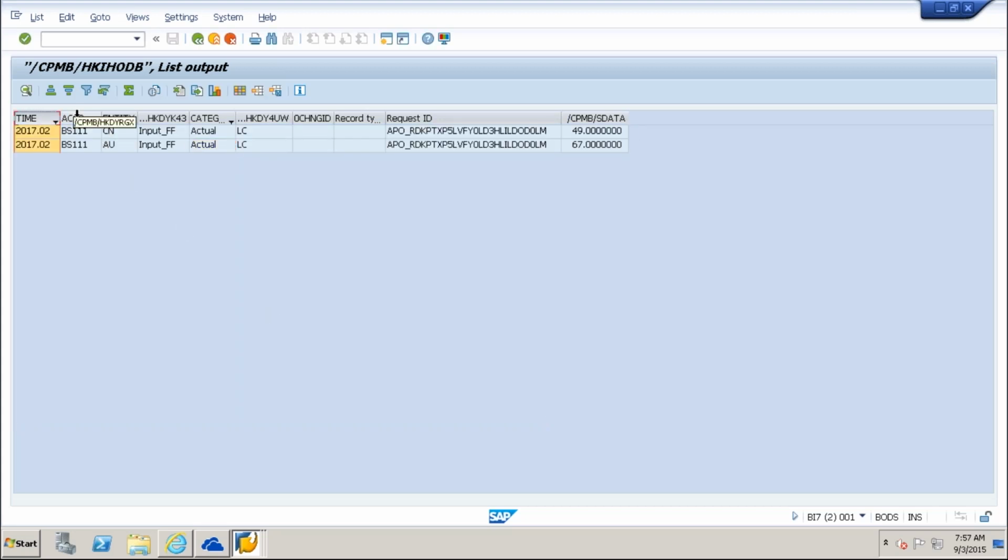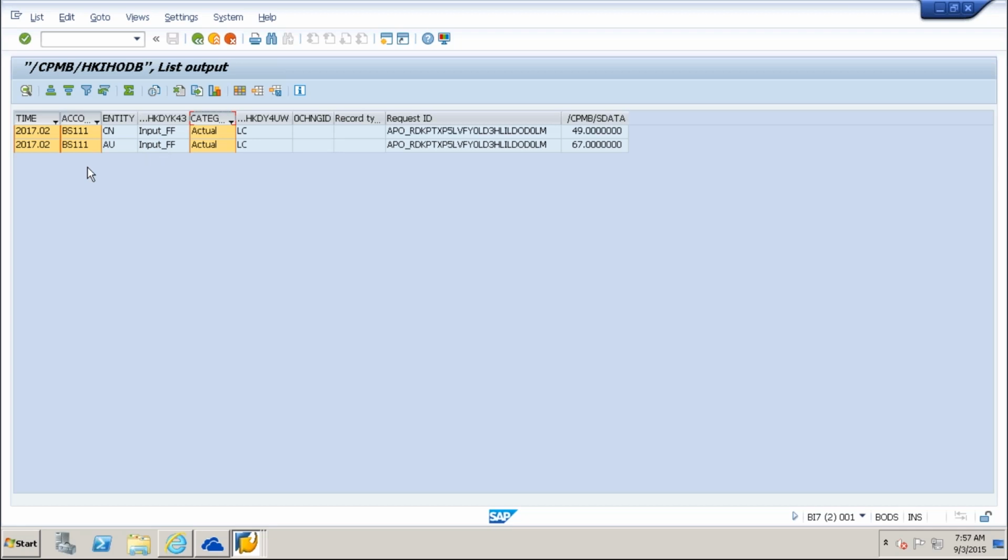Based on these three, I have written the code, actual values. And also I did not take any audit trail here. Audit trail is Input_FF I have.